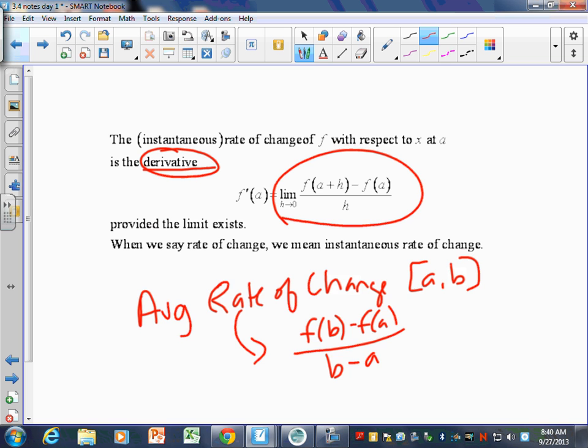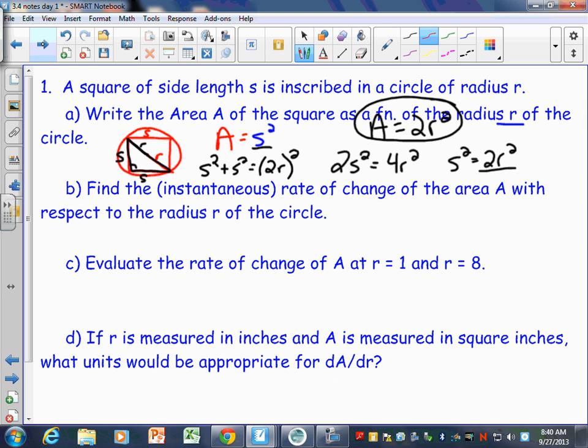So instantaneous change means the derivative, which means to do this, all we have to do is take the derivative of this equation. So you could say A prime, but I'm going to write it the other way. Take the rate of change, so I'm going to put dA with respect to the radius, dA over dr. That means the derivative of A with respect to r, or A prime, is also acceptable. And instead of doing the limit thing, what would the derivative of 2r squared be? Isn't that much easier than the limit?